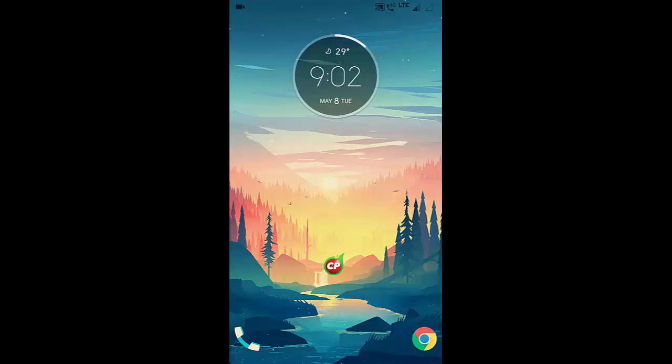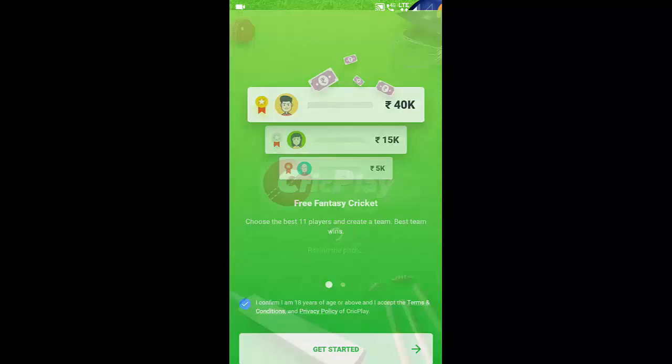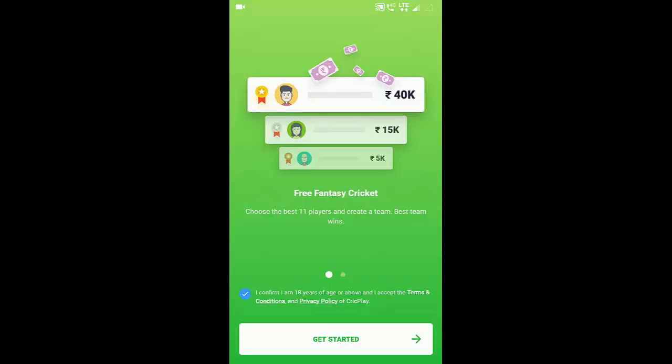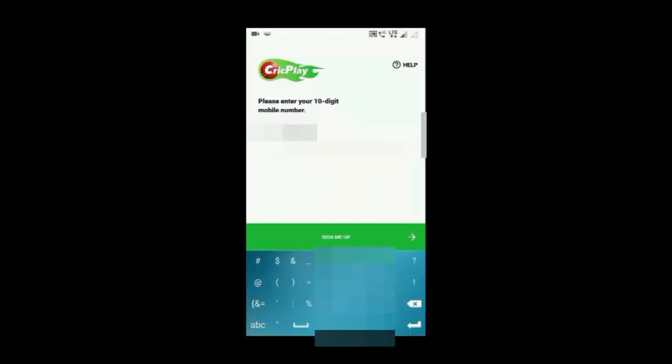In this video, I'm gonna introduce you to a new app called Quick. It's just like Dream 11, in which you can bet on IPL teams and get cash. Well, in the start of the app, you have to confirm your age and accept the terms and conditions. Then you have to enter your mobile number for the OTP verification. Make sure that you enter the SIM's number which is already in your phone so that it can detect the